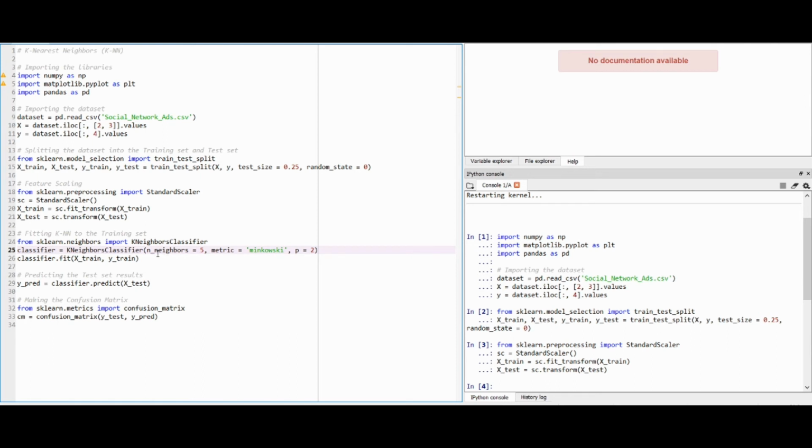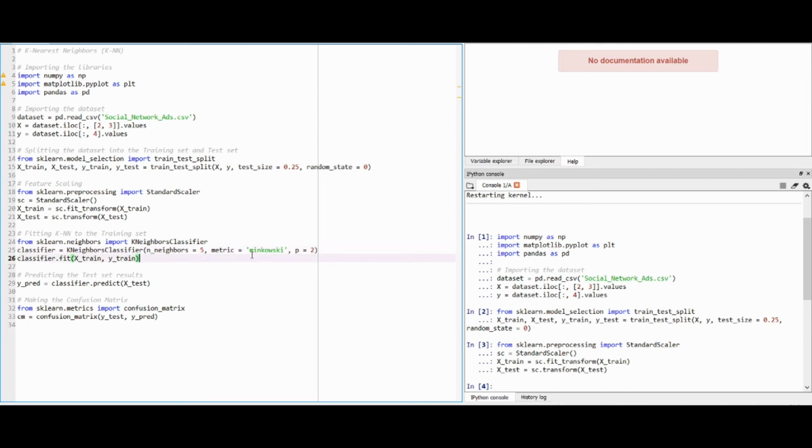The first parameter is n_neighbors, which is the number of neighbors you want for a new data point. As always we are using the default value 5. The second parameter is metric, which is a default parameter; if you don't mention it, its value is Minkowski, and metric equal to Minkowski is used for Euclidean distance. And p is also a default parameter whose default value is 2, and it is also used for Euclidean distance, so you have to remember this.